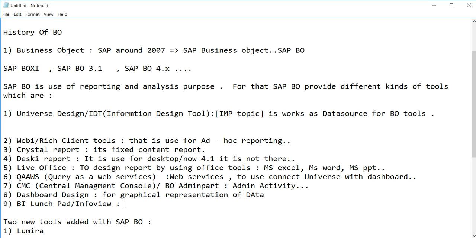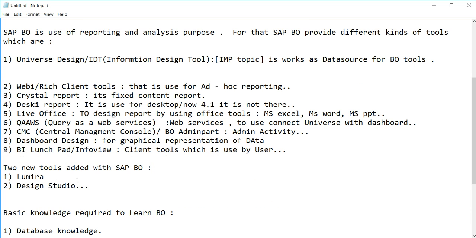BI Launchpad is a client tool which is used by users. Lumira is used to create a story and dashboard.